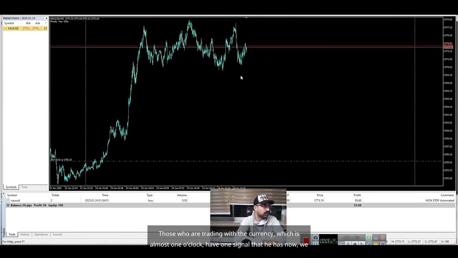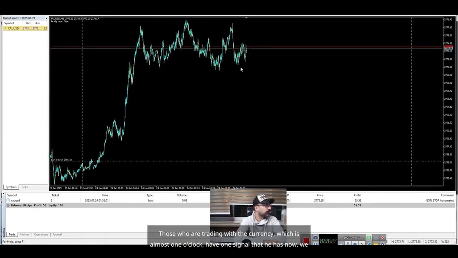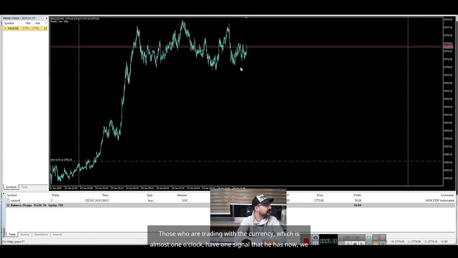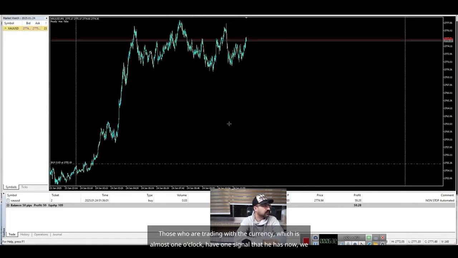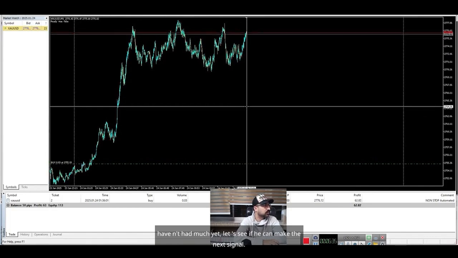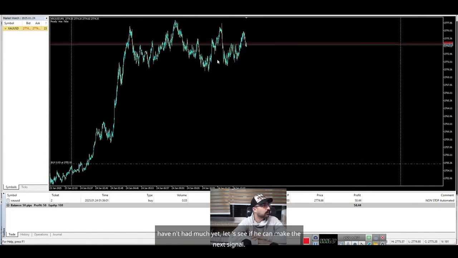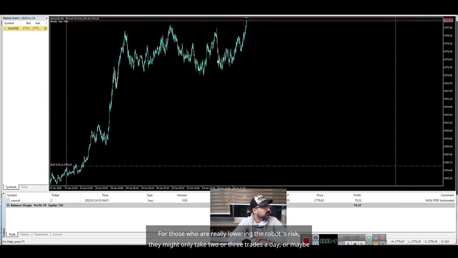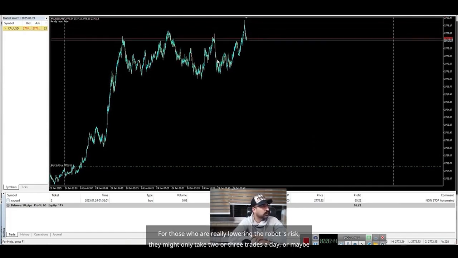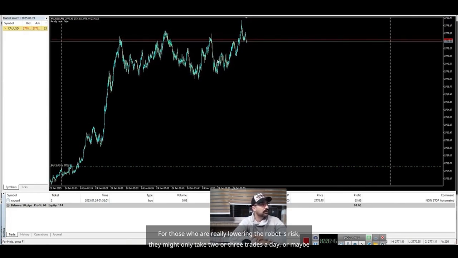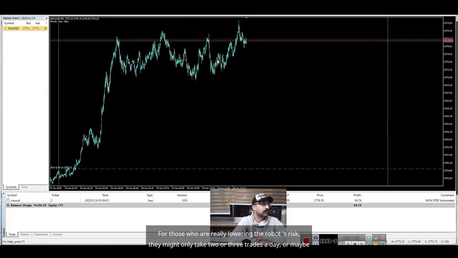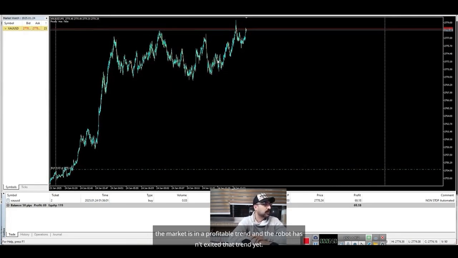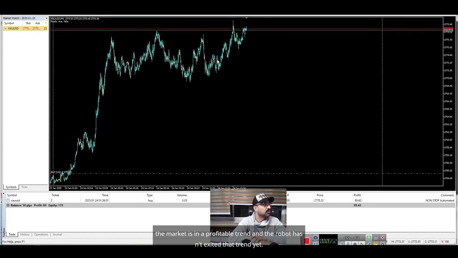Those who are trading with the currency, which is almost 1 o'clock, have 1 signal that he has now. We haven't had much yet. Let's see if he can make the next signal. For those who are really lowering the robot's risk, they might only take 2 or 3 trades a day, or maybe the market is in a profitable trend and the robot hasn't exited that